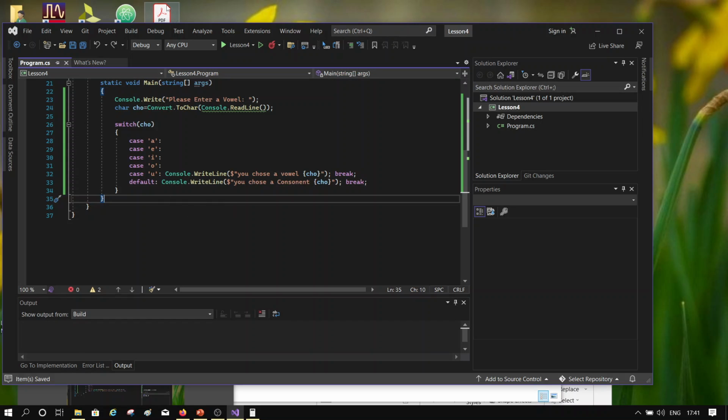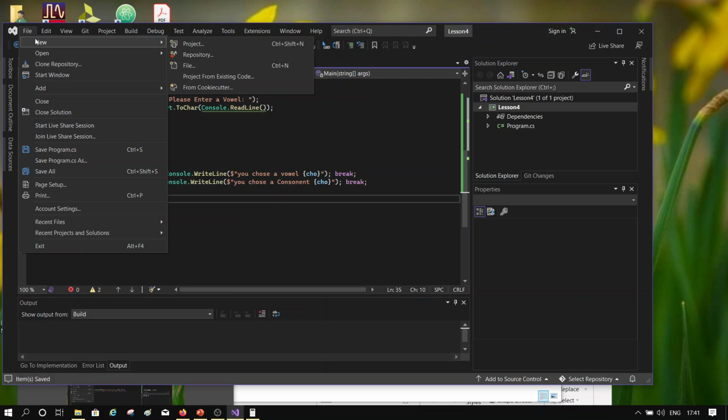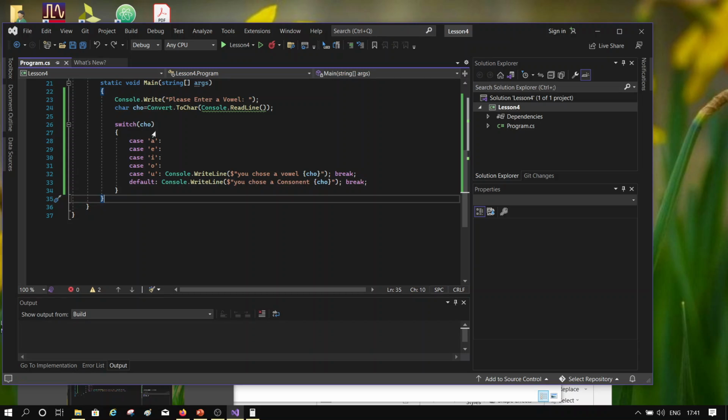So now these are the various iterations and branching statements in C#. Okay, besides this, I want to show you what happens in Windows applications, or how simple it is. So I'm going to close this solution,